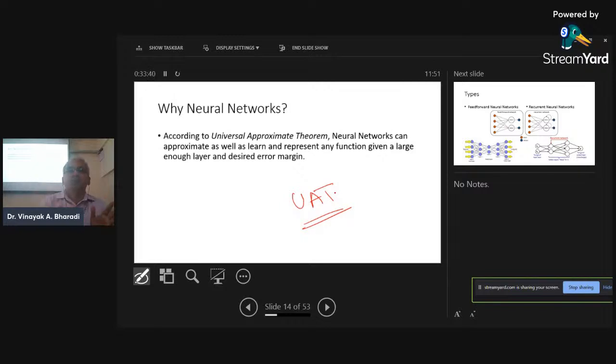Virtually represent any function. So this is very important. Some functions, and where it becomes important, and all of those who are programmers, and we started with that, is that when you want to write a program for a problem, and you know there is some mathematics behind that, you can write a program, yes or no. But when you don't know the mathematics behind a problem and you want to solve the problem,